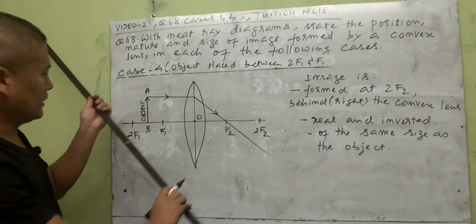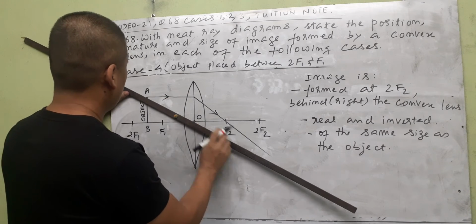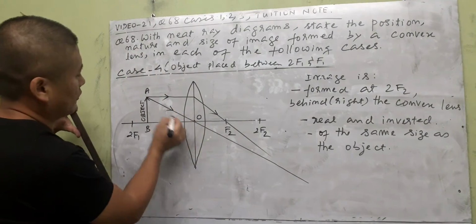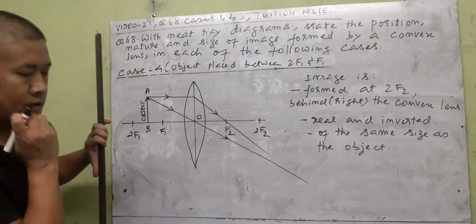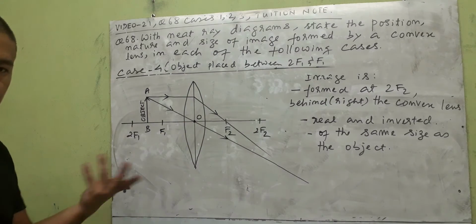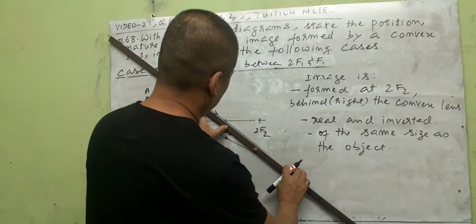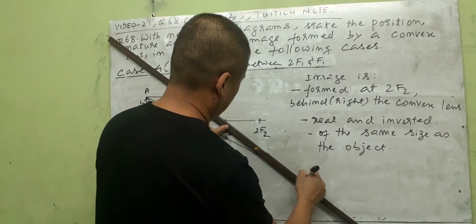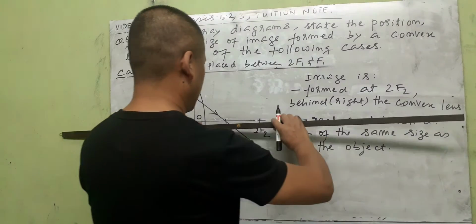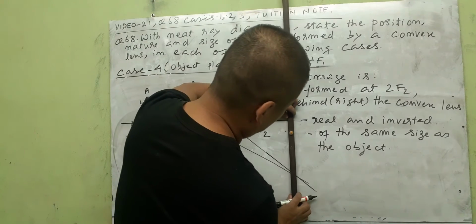Then another ray is needed, so let us just pass it through the optical center and continue to draw till it cuts the first one. One arrow before the lens, one arrow after the lens. This ray will not bend because it's passing through O. Any ray passing through O never bends, right? So continue to draw the first refracted ray because it's too short, till it cuts this other one. So we need to draw this line longer, so we draw it longer, and here is where the image is